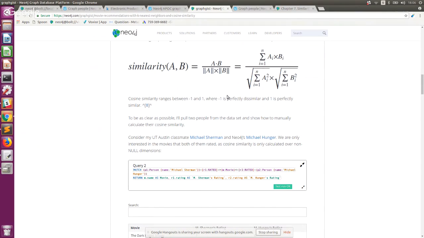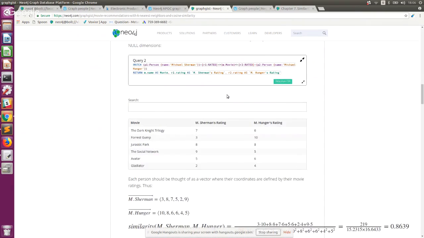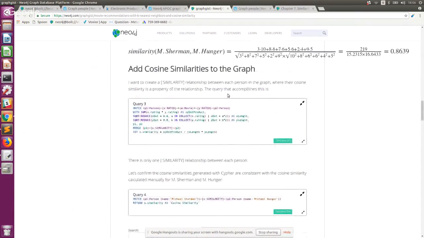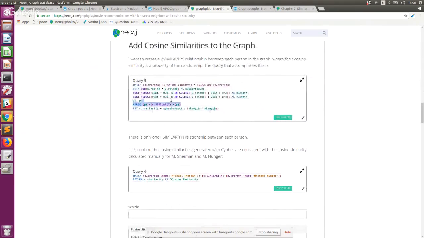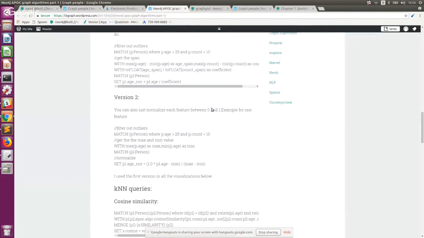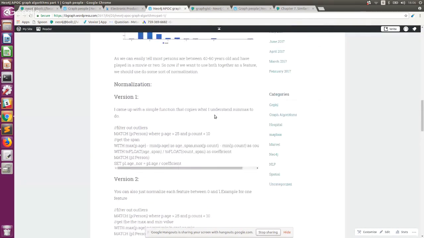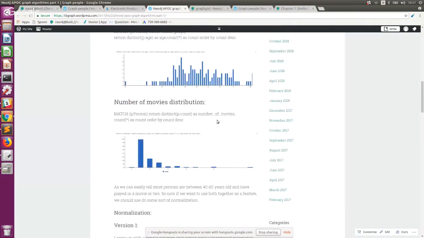But just to give you a hint how it was first used, this is the query written in only Cypher, how to do it. And that's how people did it for quite some time. Then when APOC got the second stage, the cosine similarity was integrated in APOC, and that's basically in my first